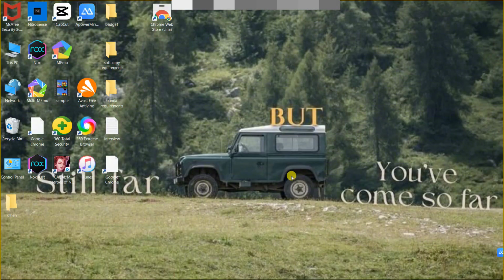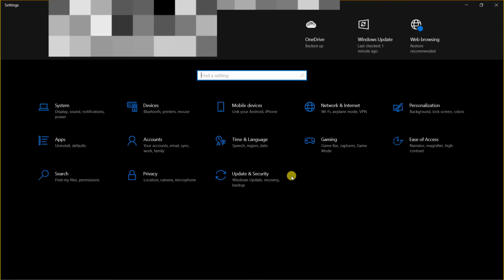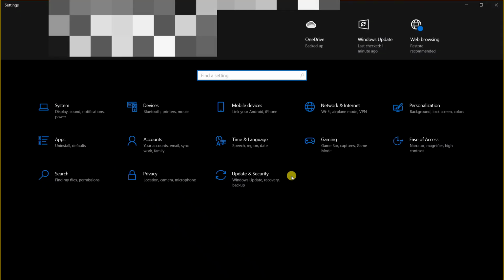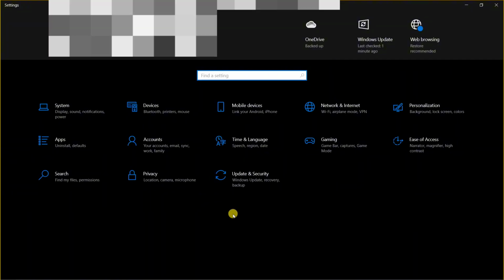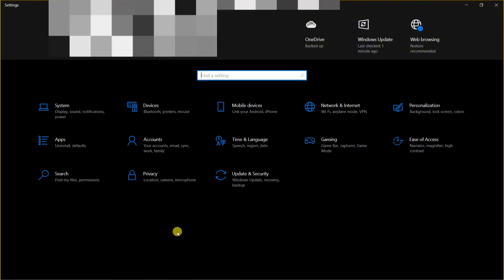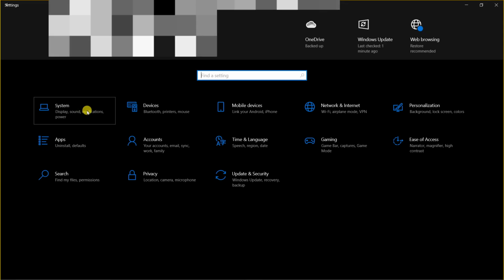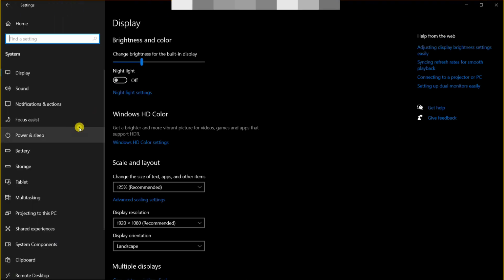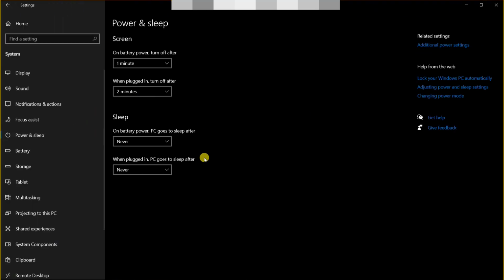So once you have opened settings, go ahead and click on system. So click on system in here. And then once you're inside your system settings, go ahead and look for power and sleep. So click on power and sleep tab from here, and then make sure to set the sleep and hibernate to